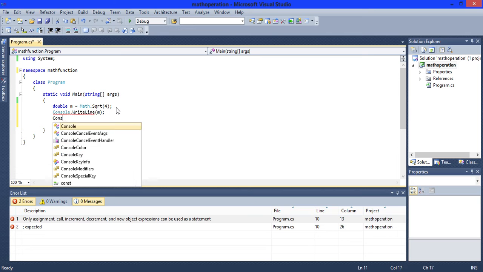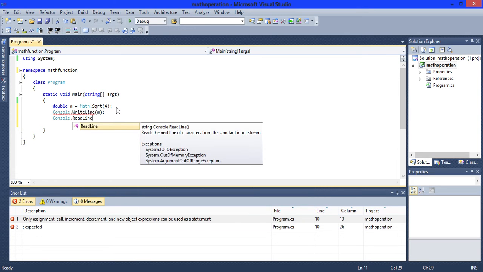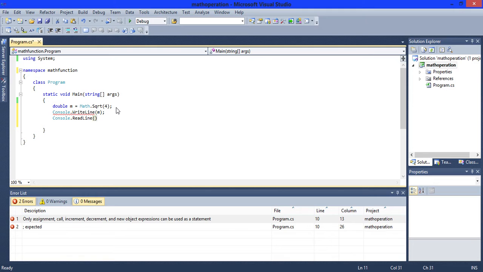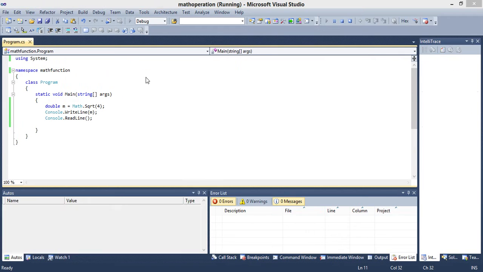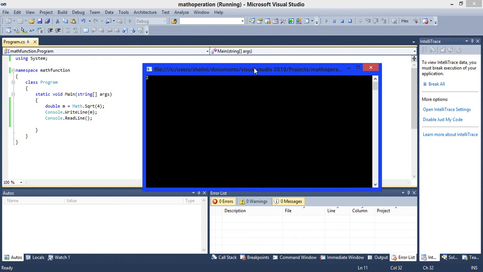Again write console dot read line. Now save it and run it. See, the output is 2 because 2 is the square root of 4.